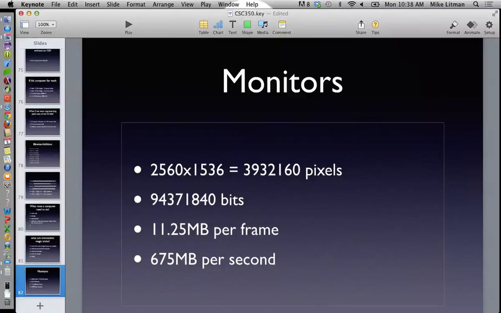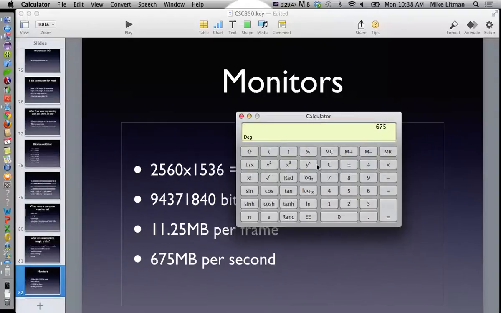In our early computers, our monochrome monitors, let's say it was 320 by 180 or something like that. 320 times 180, that's the number of pixels. Each pixel is represented with 1 bit, on or off, so we'll just leave that alone. Divide that by 8, 7,200. Divide that by 1,024. Divide that by 1,024. That's 0.0068 megabytes